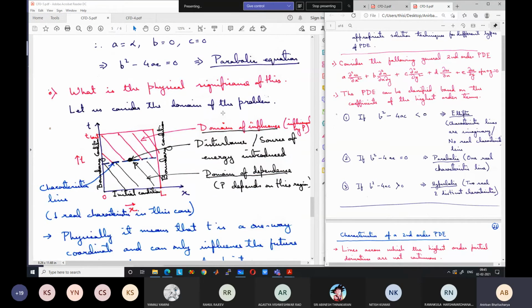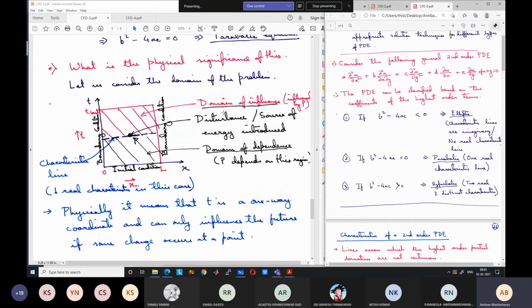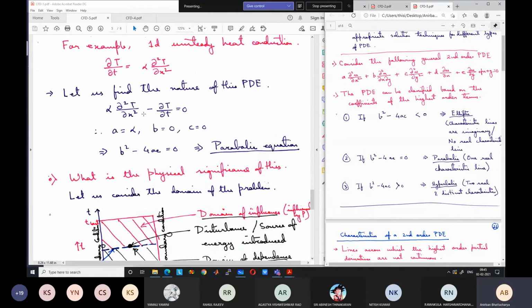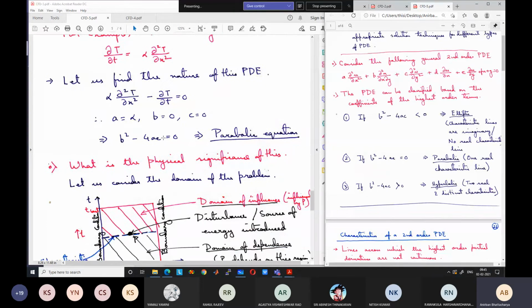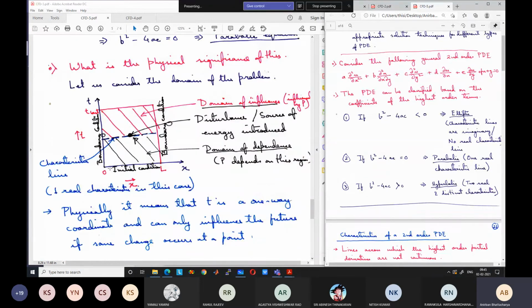So again, let us try to understand the behavior of this type of equation by drawing the domain for this. The CFD domain is different, but I will draw the entire solution domain, not the CFD domain. The CFD domain here is one dimensional, because there is one spatial dimension, only the variation along the x length. So say the length of the domain is L. Our x varies from 0 to L.